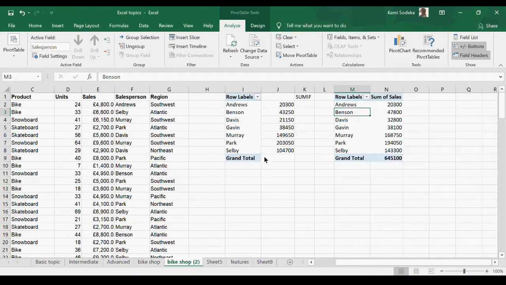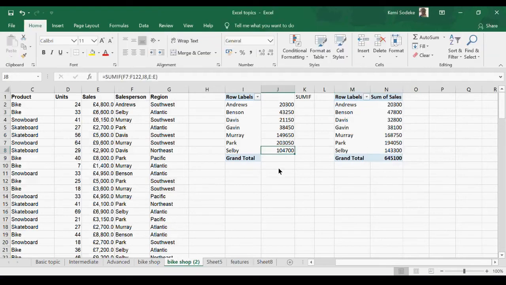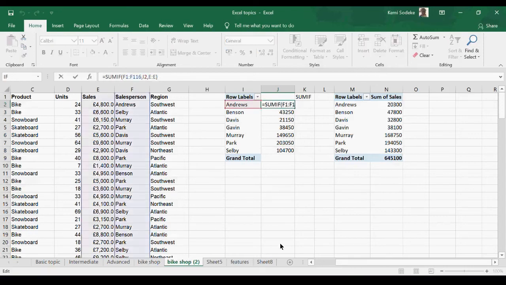And then we can compare it to this. If you notice, my figures are different. The only one correct is Andrews. And the reason why is, if you look at my formula,